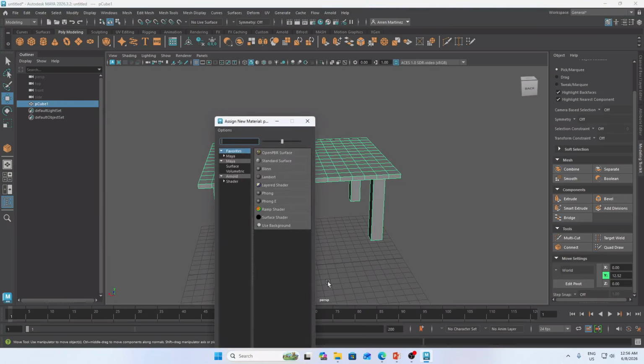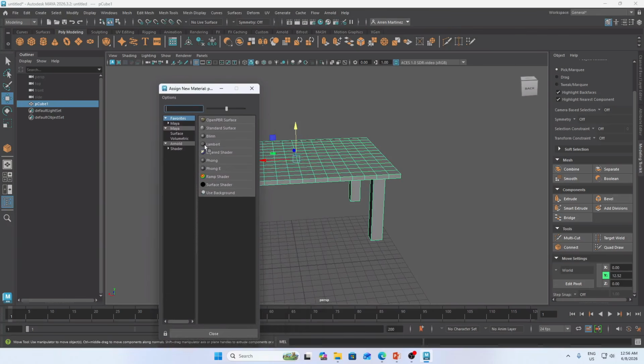Release it. Okay. So you see we have different surfaces. If you want your object to turn glossy, you can see the Phong E or Phong Blinn. But if you want to have a touch of matte, just go here into Lambert.